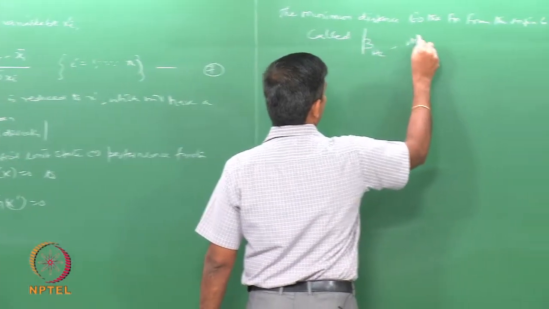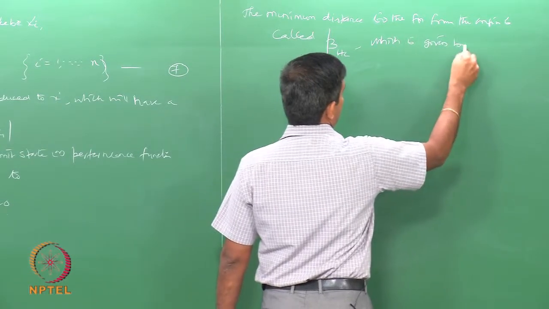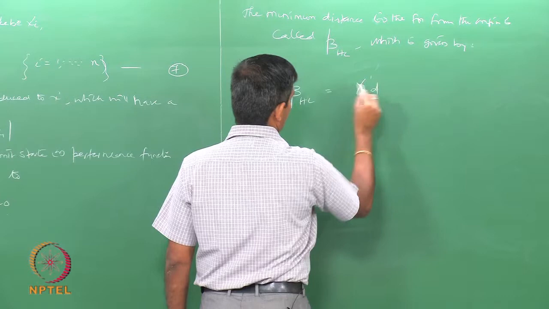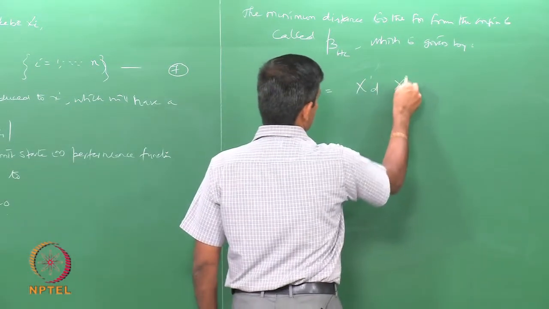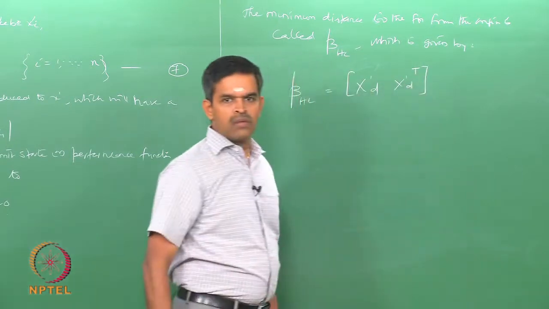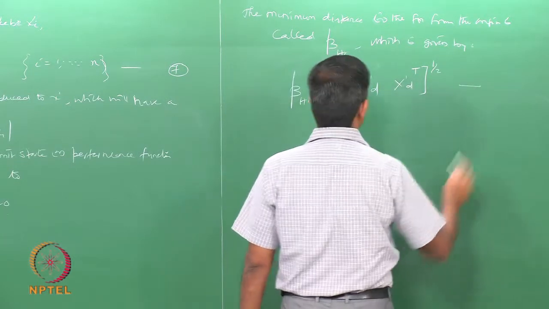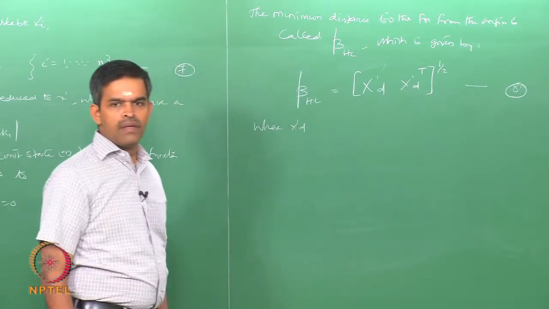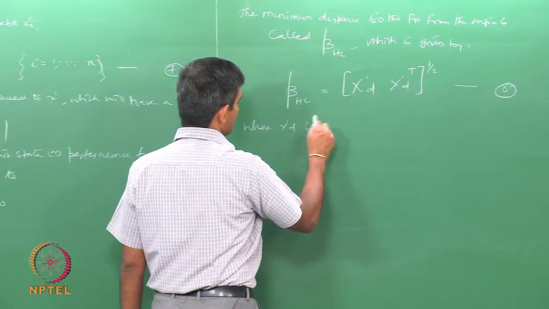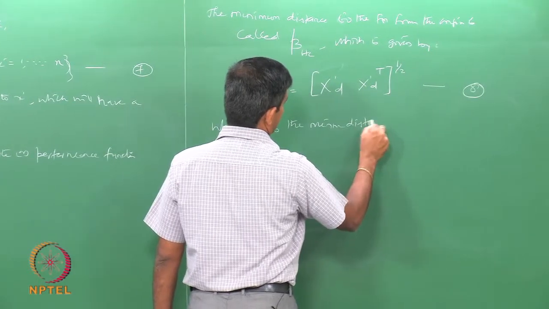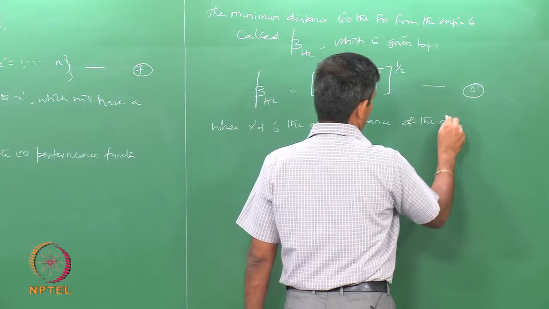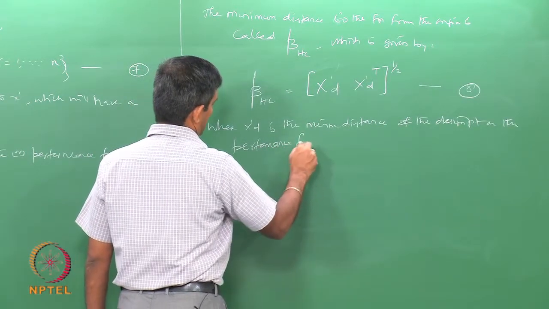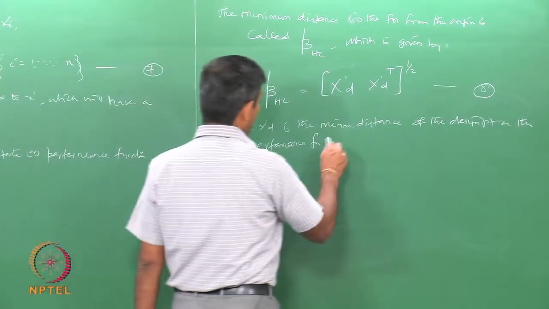So, which is given by equation number 8, where x prime d is the minimum distance on the limit state function, of the design point on the performance function with reference to the origin, of course,